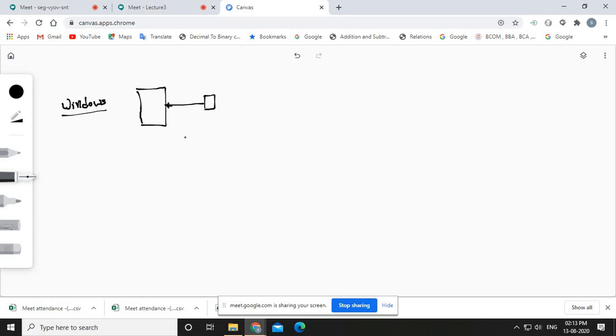A mail server will be there, your website is running, so obviously a web server will be there, and all of that we configure in the local area network. So that website you can access within the premises, within the campus. Outside of that campus, obviously we cannot access that website or application. So if you are developing such an intranet kind of website, then the Windows authentication mode is suitable. The other authentication mode is what?